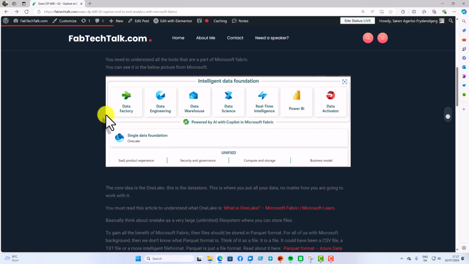So this is not just about using the tools and storing the data. You also get a complete framework around it so that you can see if you have sensitive data. You can see how they are used. You can see what reports are used, what data sets are used, and so on. This is something we will get more into in other posts also. So for now, in this module, it's important that you know we have something called OneLake, and OneLake is our data storage. And on top of that, we have a lot of tools that we can start using, and they are grouped into these boxes you can see up here.